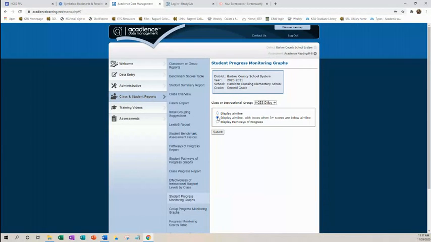But I like displaying the aim line with boxes with 3+ scores that are below the aim line. So it kind of shows me, it'll stand out on the graph. Hey, these kids, they've kind of flatlined. This isn't working. They're not above the aim line. We need to change our intervention and adjust course to better serve them. And then you can click